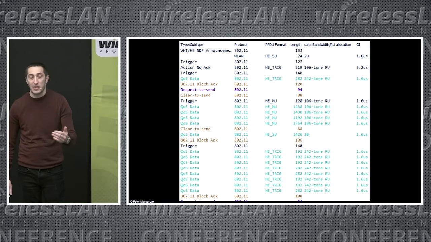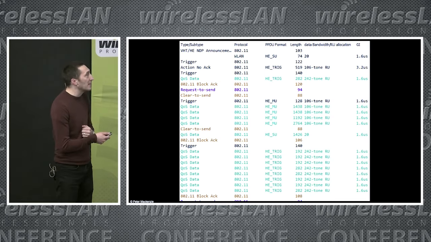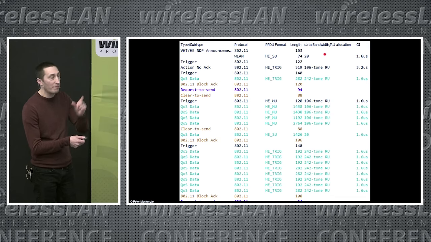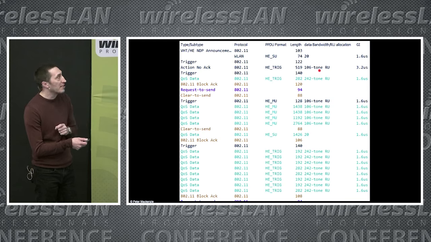going to see if you're capturing OFDMA. Part of AX is you get different guard intervals, so you'll see different guard intervals used. You will see different tones used, different resource units. So we've got a 106 tone RU this frame has been sent with. We'll see